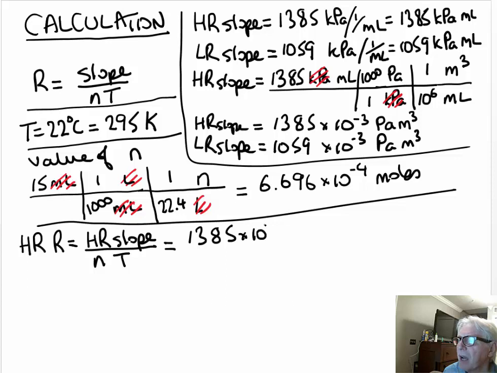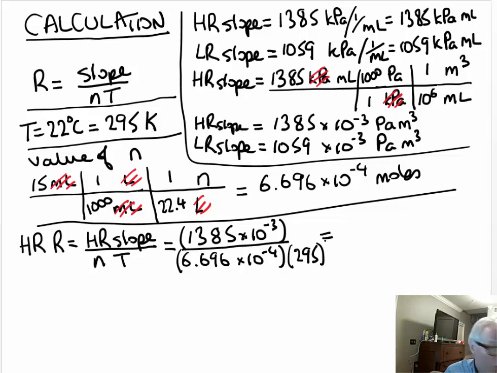1385 times 10 to the minus 3. And then I divide this by 6.696 times 10 to the minus 4. That's my n. And also I divide it by 295. And when I put those numbers in, I just worked this out a minute ago. This was 7.011,